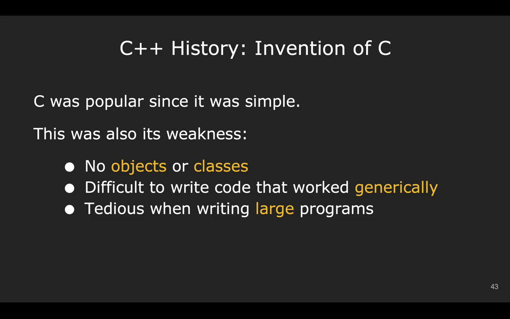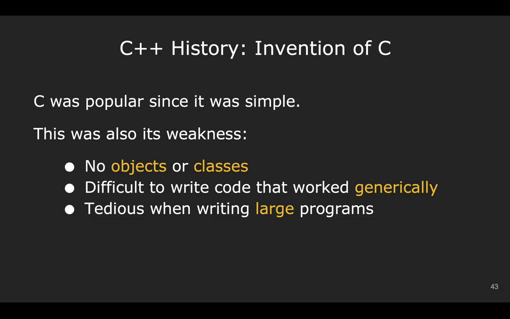And yes, I see a question. Aren't structs part of C, or is this something that they added later? No, that's a great point. In C, there's actually something known as a struct, but a struct has its own weaknesses. We'll cover some of the weaknesses when we talk about classes in standard C++ later. One way to think about it is that you can think of a struct as just an open, public list that you have to maintain without any sort of complex functionality. A great point though. Any other questions? This is a brief overview of all of the history.